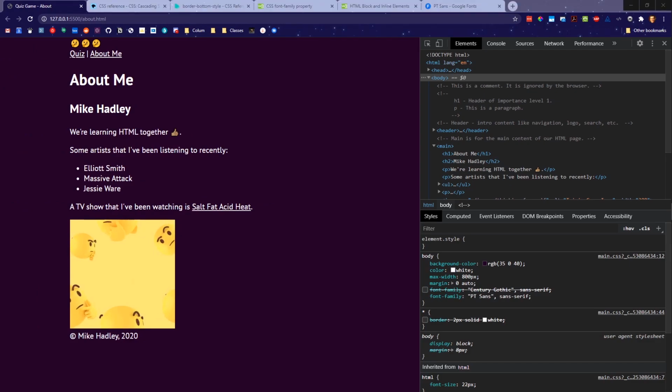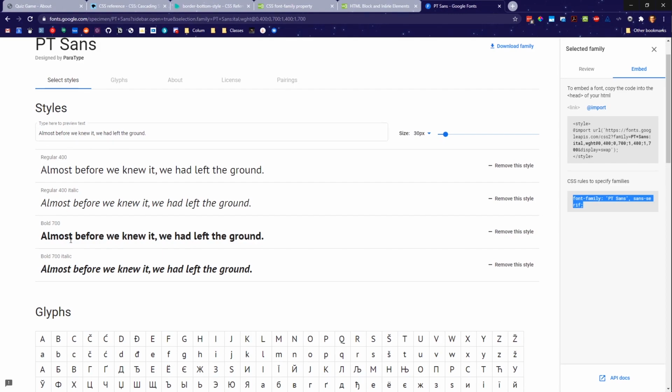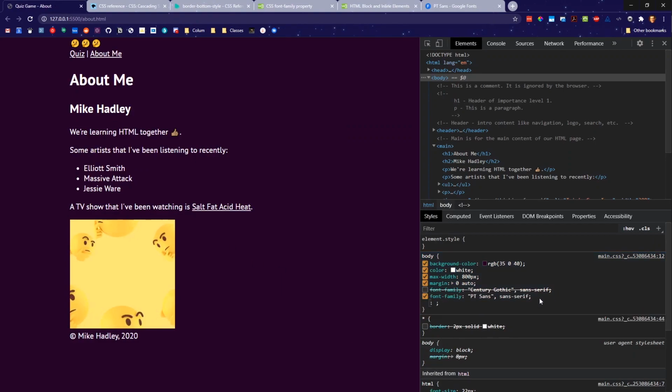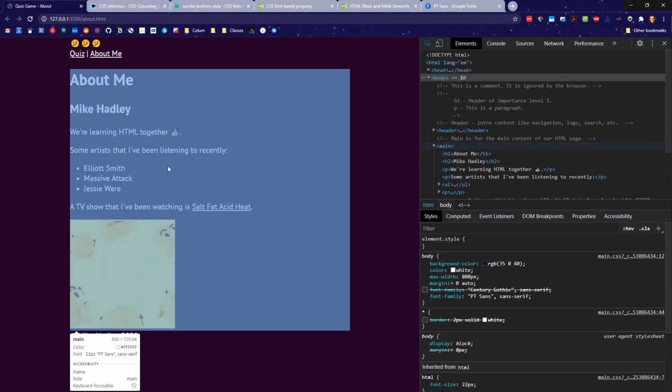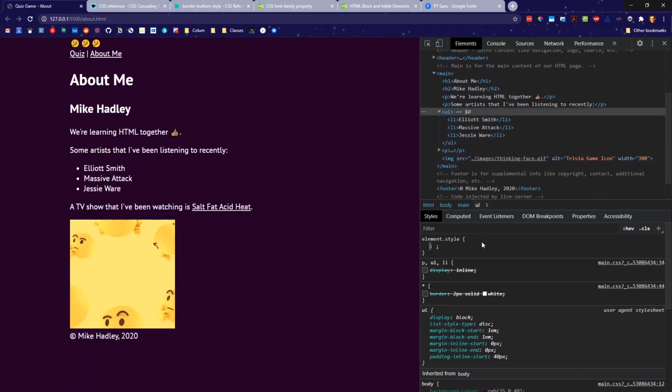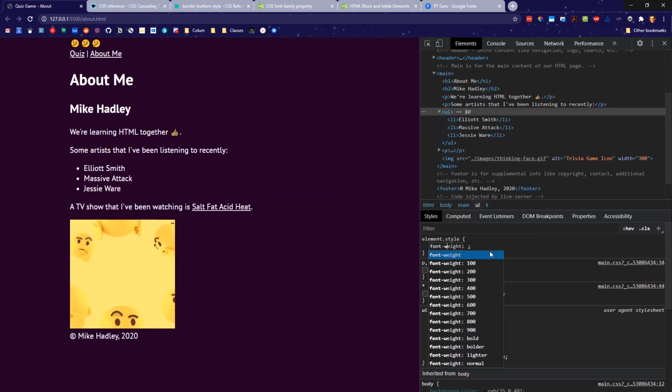So since we saw that font weight was a thing, with our imports here in Google Fonts, that there was a 400 font weight and a 700 font weight, it's useful to at least mention that that is another property that you can use to style things. So if I wanted, actually let's just apply this to maybe our list. So I'm going to grab my UL here, and I'm going to say font weight,